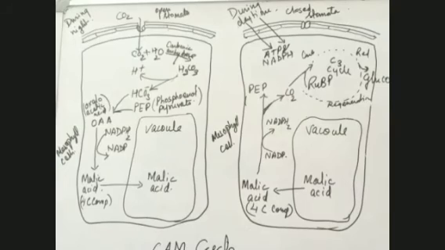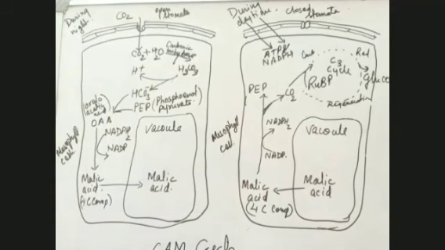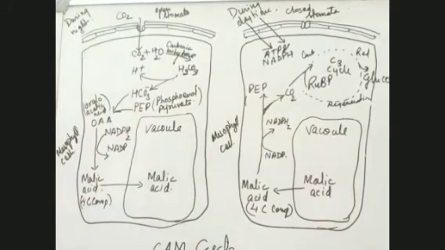So now, if the stomata are closed during daytime and open during night time, how will the formation of glucose take place? How will the formation of high energy compounds take place? The plant will have to adapt accordingly. If the stomata are closed during daytime and open during night time, how will glucose be formed? For that, what happens when the stomata are open during night time? The CO2 enters in, and the CO2 combines.